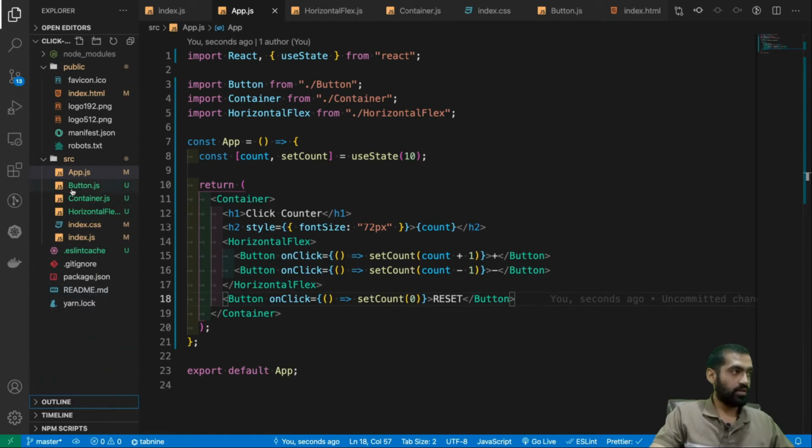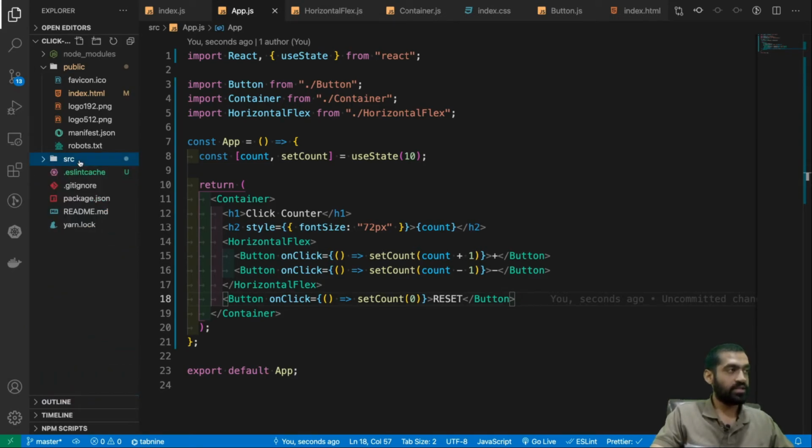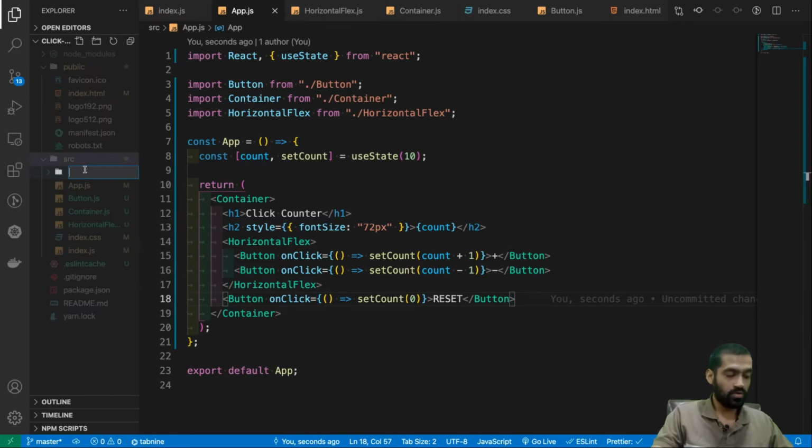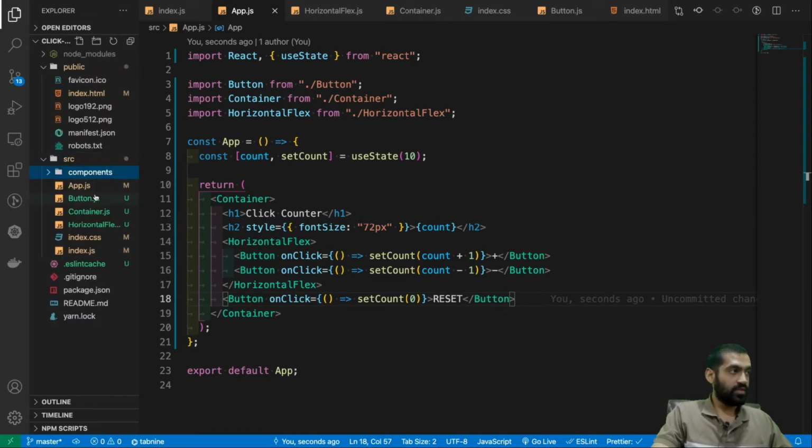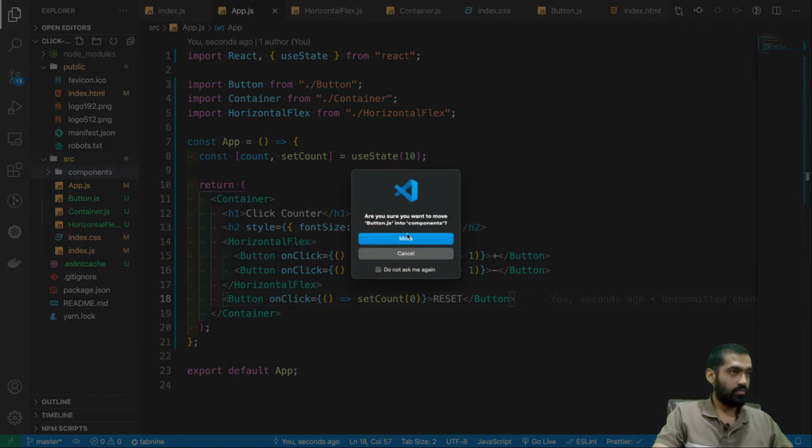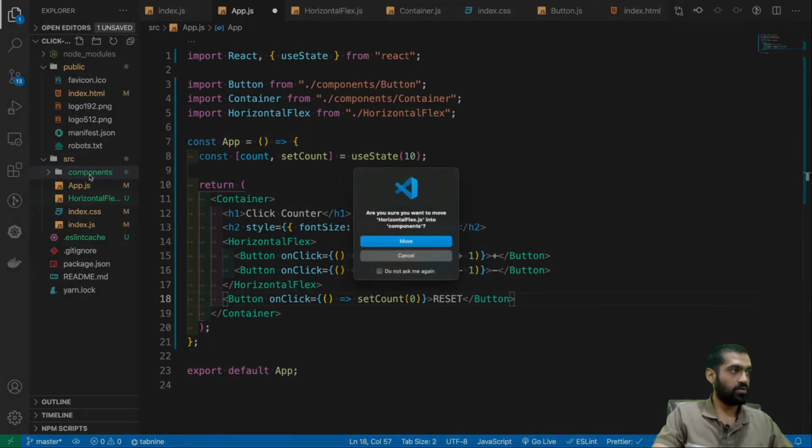Also, one more thing, we have a lot of things inside a single folder. Let's just create another folder called components, and all these reusable components we'll keep there. So button there, move, container move, and horizontal flex move.